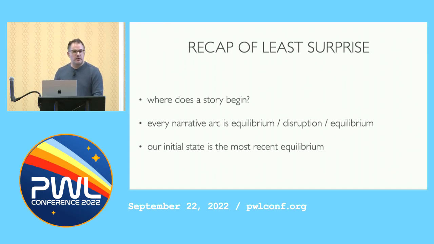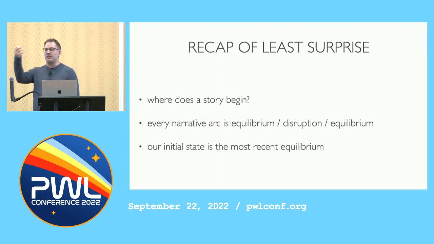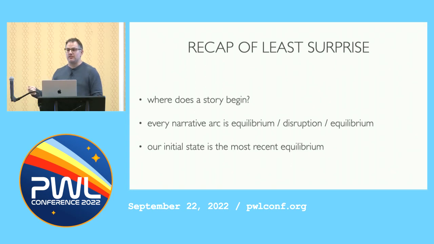And the reason that we're able to do that is because stories are made up of narrative arcs, and narrative arcs have the general structure of some equilibrium, a disruption, and then a new equilibrium. Once that arc is complete, we don't really care about all the events that occurred within it. We can focus safely on just the new equilibrium. So what we're describing to our friend is the state as of the most recent equilibrium plus the events of any narrative arc which is still in flight.